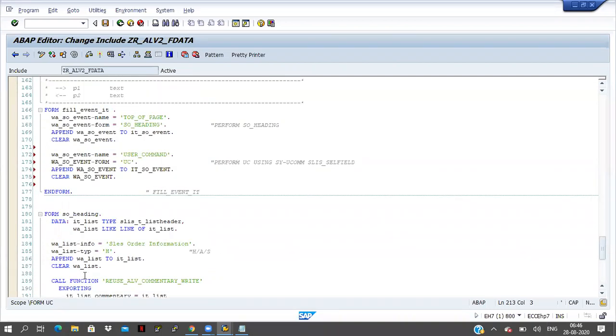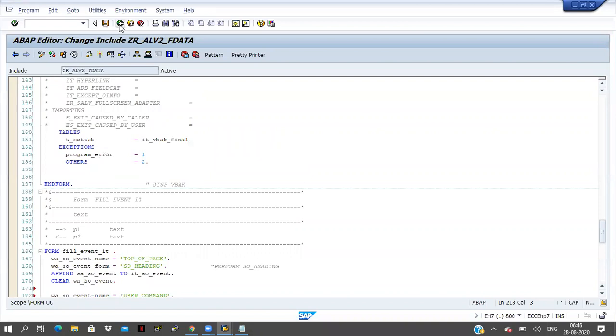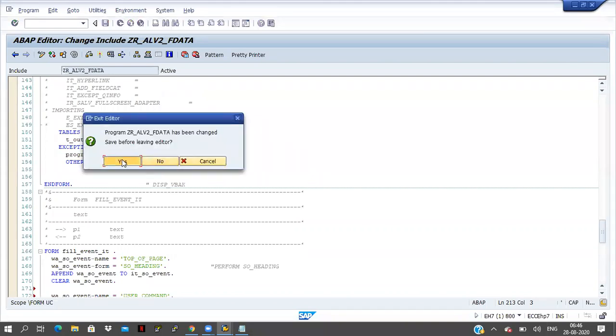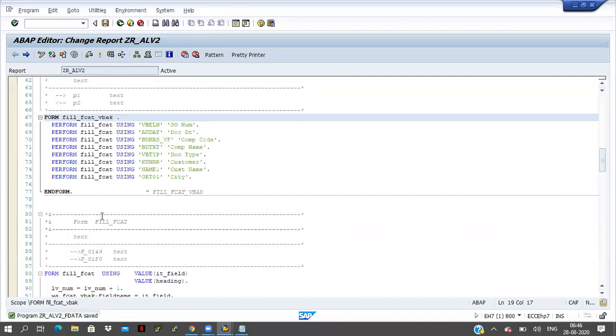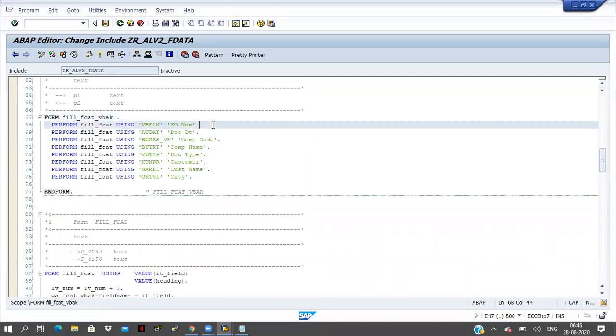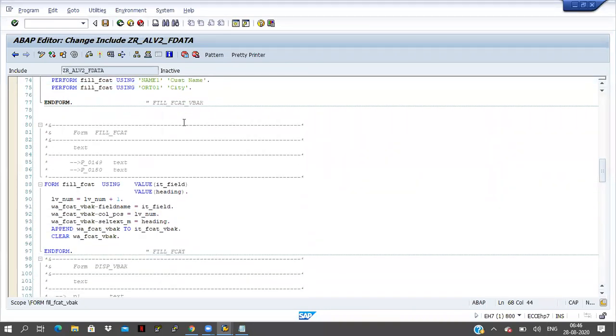So if you understand, how am I filling the field catalog here? I am calling one perform here, fill fcat, using two variables. Where am I declaring this?